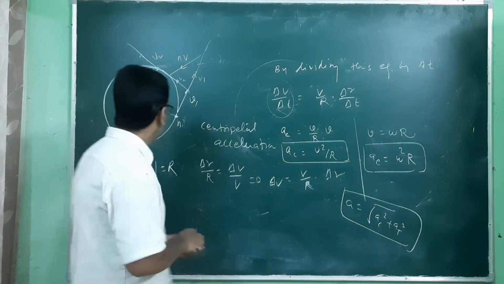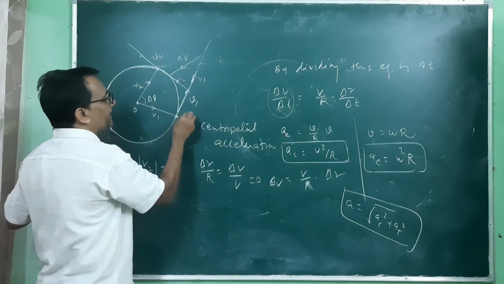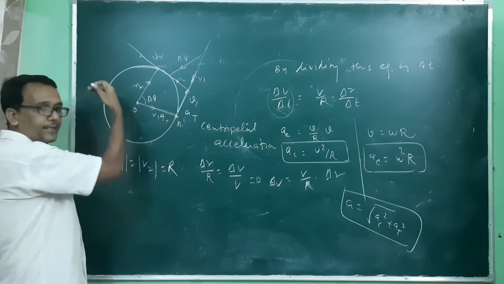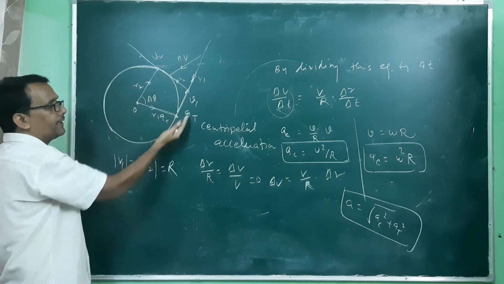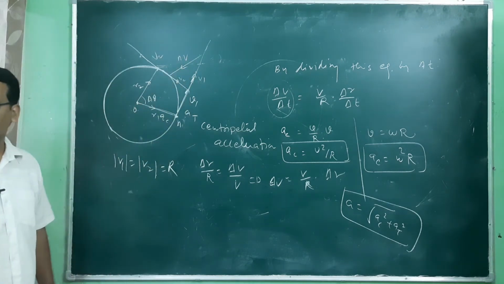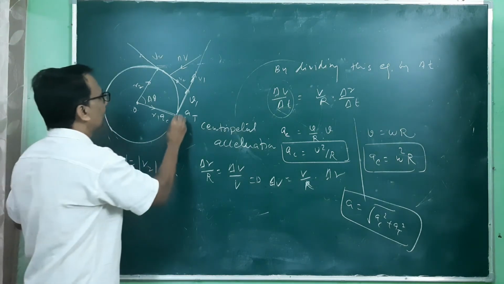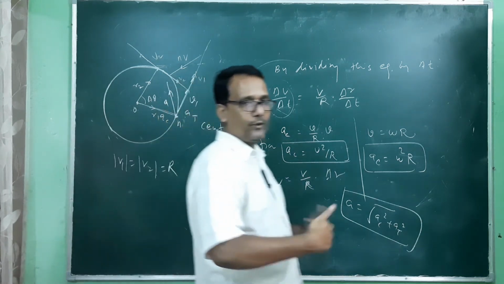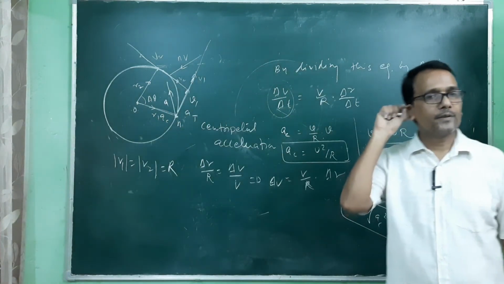How do we know? Because the direction of AT is tangential, and the direction of AC is towards the center. तो दोनों का डायरेक्शन ये टेंजेंशियल डायरेक्शन पे है और ये इस डायरेक्शन पे है, इसलिए दोनों का जो रिजल्टेंट होता है, that resultant is like this. So A is equivalent to the resultant of AC square plus AT square.